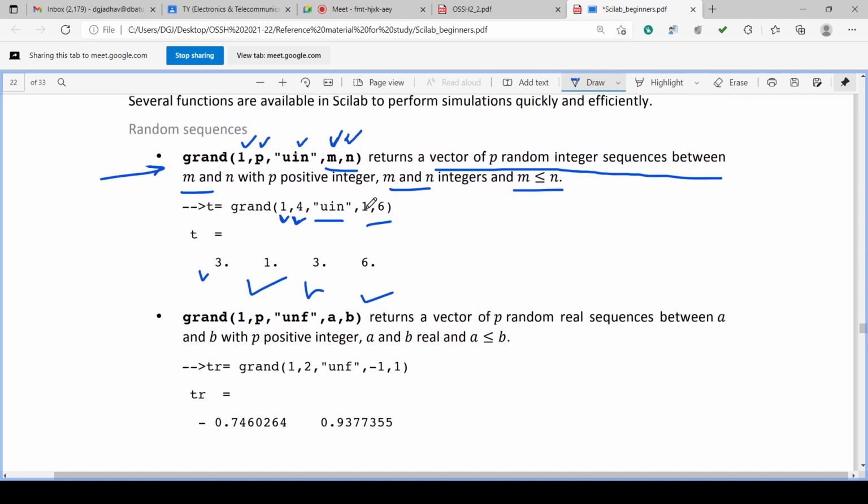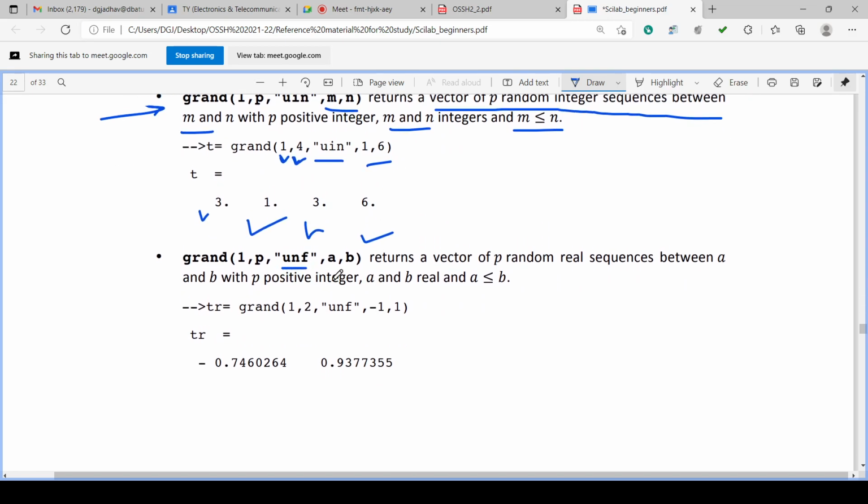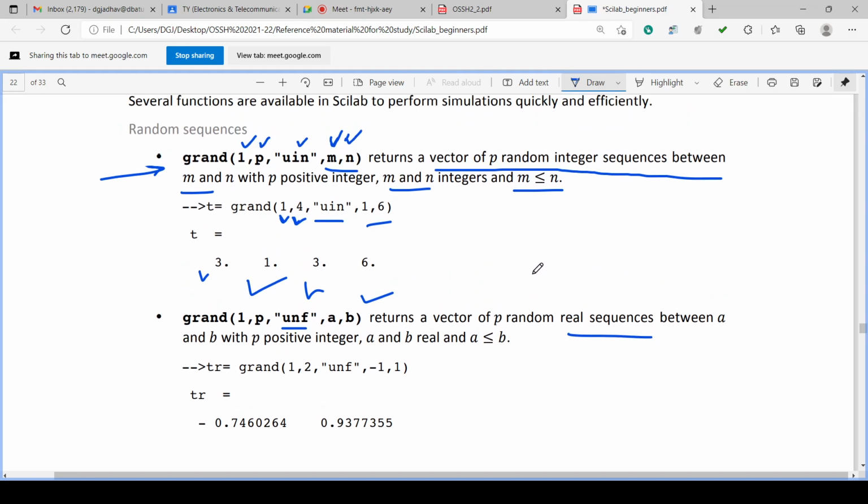Instead of uin, you can give unf. So it returns a vector of p random real sequence. If you want integers, use uin. And if you want real numbers, you can use unf, a real sequence between a and b.